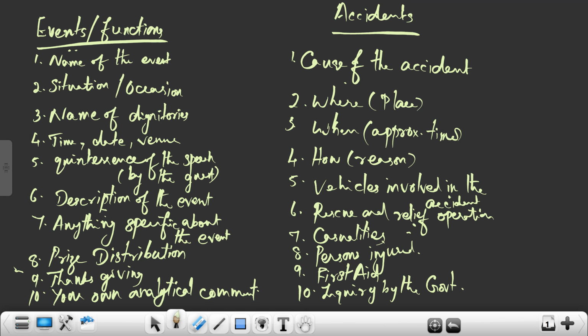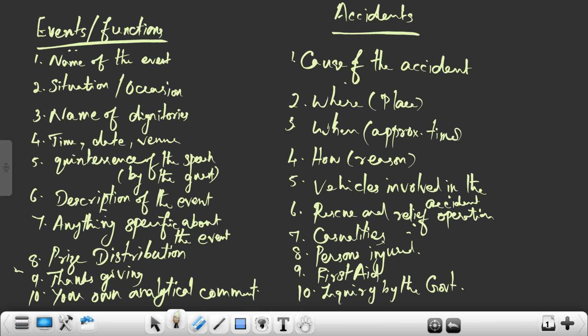What is the situation? What is the occasion of the event? For any event, we will invite so many dignitaries, and you have to write down the name of the chief guest or the name of the person presiding over the function. And another important thing is that the time, date, and place are mandatory. And by the way,